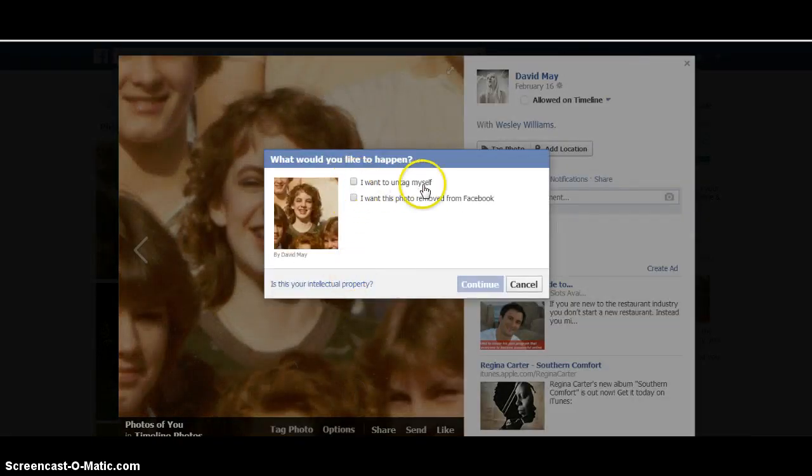Okay, I want to untag myself, or I want this photo removed from Facebook. You could go so far as to do that. And then, is this your intellectual property? It'll be, of course, a no. So now when you click one of these, and again, I'm not going to do it, the continue button will